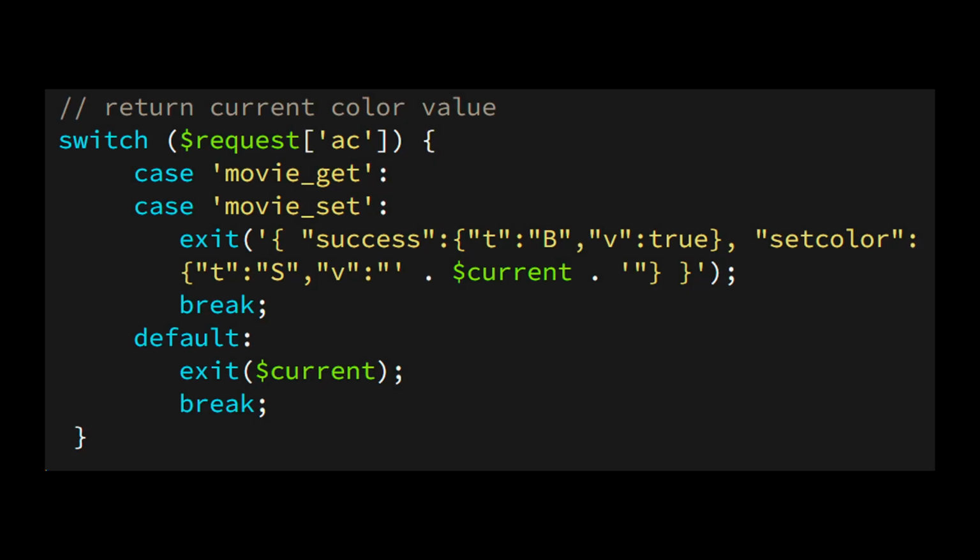Let's quickly go back to the PHP script to see how it returns when it is called by our movie. Note that in this case the response is in the form of a JSON encoded text. This object describes the variables to be defined in the Tealbussy movie. In this case, 2 of them are defined. A Boolean value called success and a string value called setColor with the name of the color to be displayed. Check out the Tealbussy Scripting Actions manual for more information on the return for the call.process function.